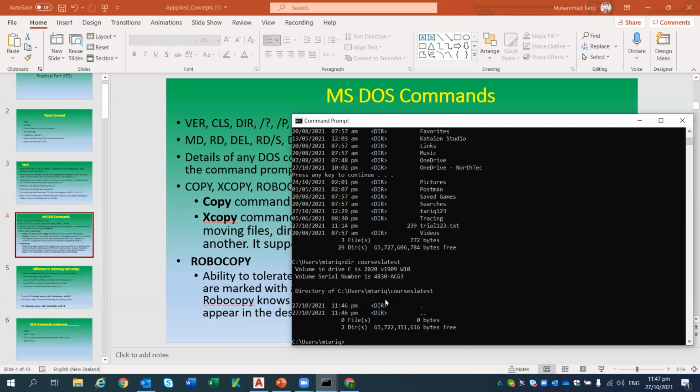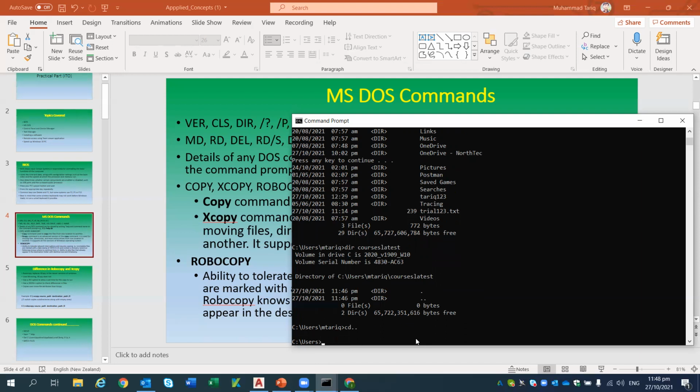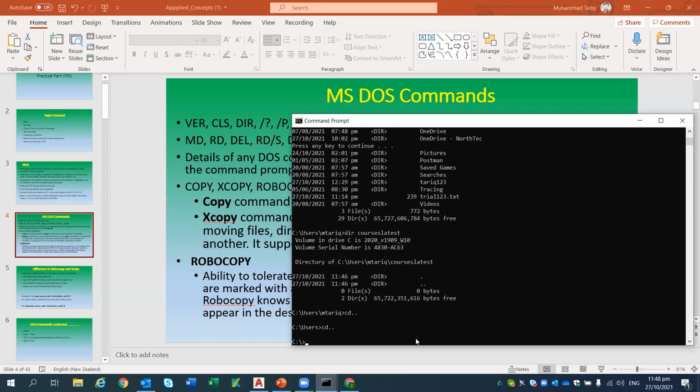And if you see these two entries, by default it is showing a single dot and two dots. And these two dots are used to go back toward the root directory. For example, if I want to go to the root, here the root is basically the logical drive C. So if I use change directory with two dots, it will direct me one step back. Every time it will direct me one step back. So now we are here. If I want to go again to my original directory,